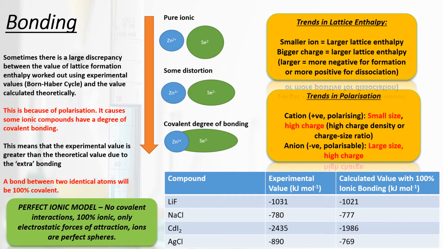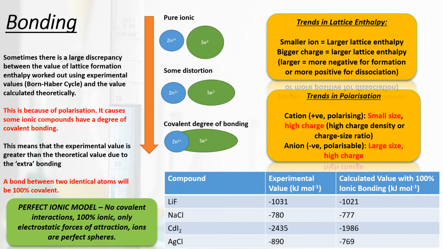And you can see for some cases, for example, lithium fluoride or sodium chloride, that difference is very small. Take sodium chloride, the difference is only 3 kilojoules per mole. So typically, what we'd say is that sodium chloride is really about 98, 99% an ionically bonded compound. But there's a very small percentage of it that accounts for covalent bonding in that molecule. So even the prototypical example of what we talk about for an ionic compound, sodium chloride, actually isn't 100% ionic. You can then see that if we go down to some other species, such as the cadmium diiodide